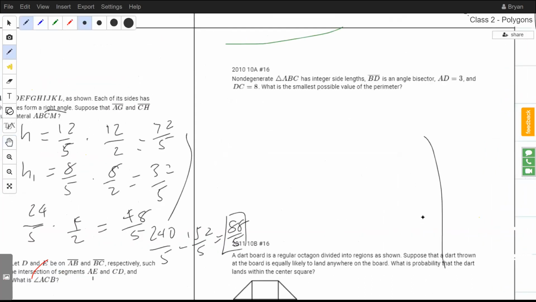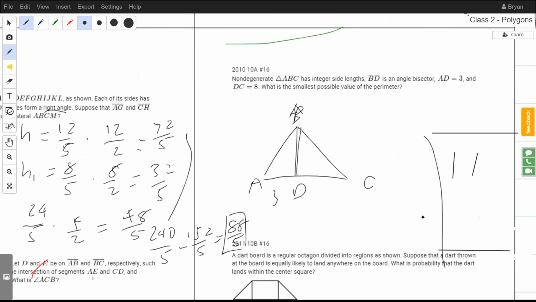This problem really just tests whether you know the angle bisector theorem. We have triangle ABC with point D on AC. We're given that BD is an angle bisector, AD is 3, and CD is 8. And what's the smallest possible perimeter? Please stop drawing. Okay, you're very cool. You can write hi. So,